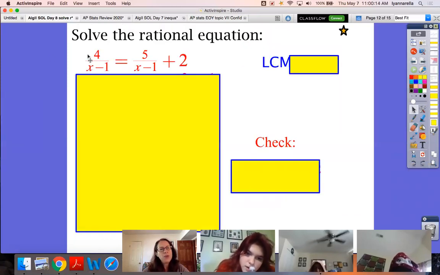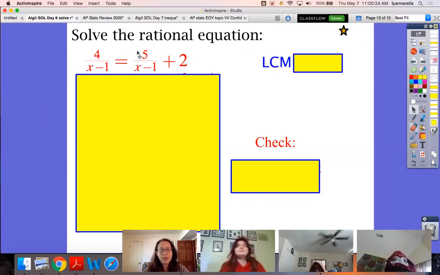Okay, but if you don't have one fraction equals another fraction, if you have something in addition on the other side, then you cannot cross multiply. That's when you have to do these LCM problems. And these are a lot of work. I know you guys are not fans of the LCM problems, but it does show true understanding of algebra when you can actually work this out step by step. So because this denominator is x minus 1, and this denominator is x minus 1, and there is no real denominator here, I could say that's over 1. My LCM is x minus 1.